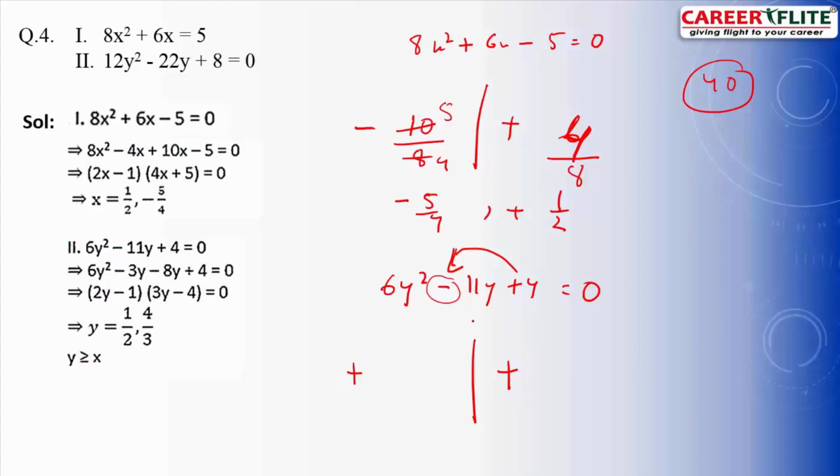Now for finding the root, this is 4. For finding the root, first multiply, 6 4s are 24. Divide 24 in such a way that addition or subtraction makes it 11 and multiplication makes it 24. It will be 8 and 3. 8 plus 3, 11. 8 into 3, 24. Then we must have to divide with the coefficient of x or y. This is the y square coefficient, that is the a coefficient, we must have to divide. If you divide, you will get,